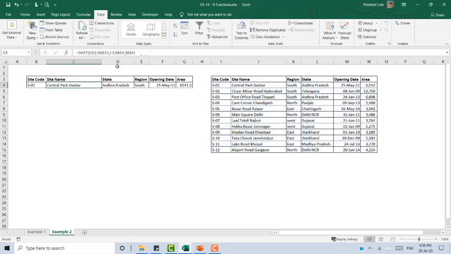So this is how you can use the DGET function. But the only problem with DGET is you can use it only once. Like if you had multiple rows here, say S1, S2, S3, then you cannot use DGET. Then you need to use VLOOKUP only. But if you have only one row, like in dashboards or presentation files where you want to show data for only one store, then you can easily use DGET and it will save you some time. Okay, so this was all about D functions, D database functions.